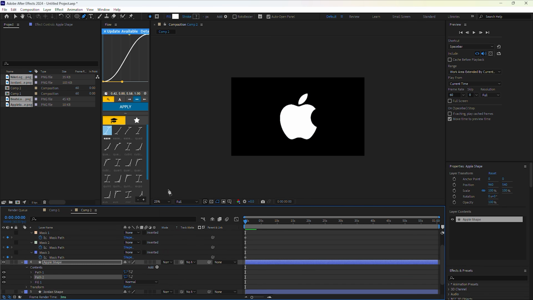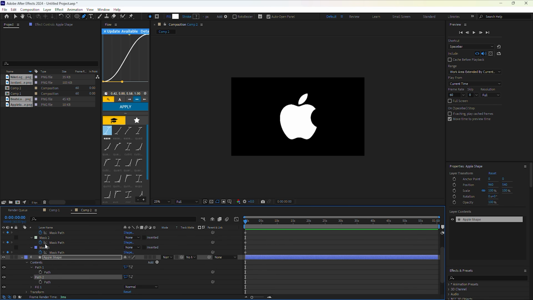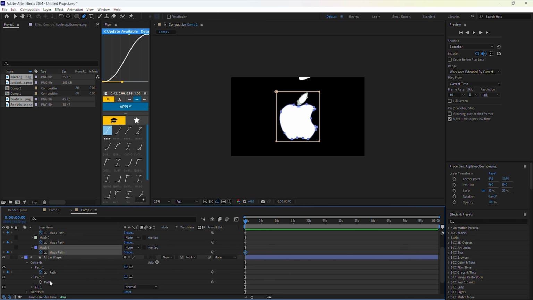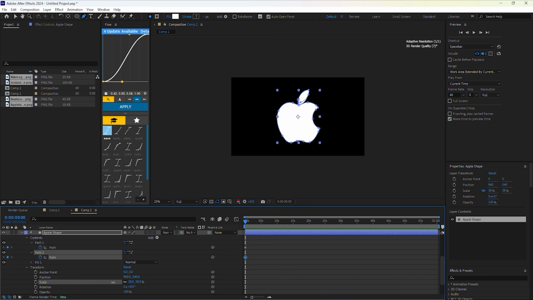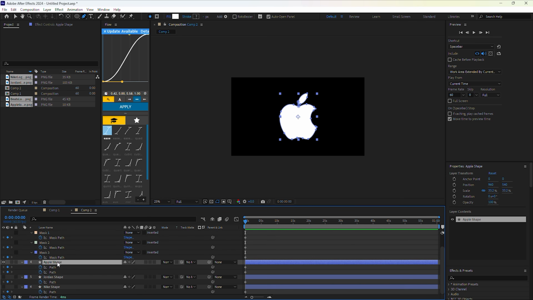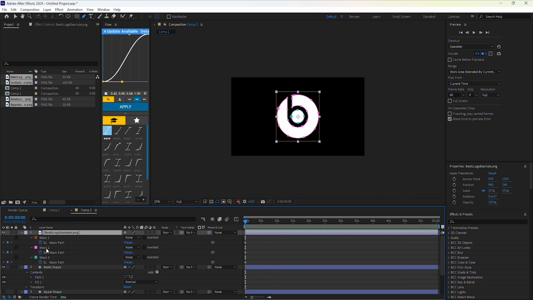So to transfer both of the masks, I'm going to add an extra path by going to add and path, and now I'm just going to copy and paste both the correct color coded masks into the shape layer paths. Once I have the masks transferred into paths, it really doesn't matter which order. Go to transform, scale it down, clean it up by clicking U on the layer, and delete the original Apple layer. The same process is for Beats, so of course I'll speed everything up,